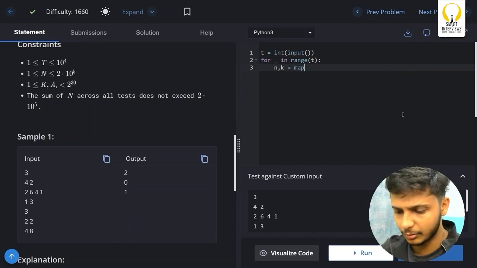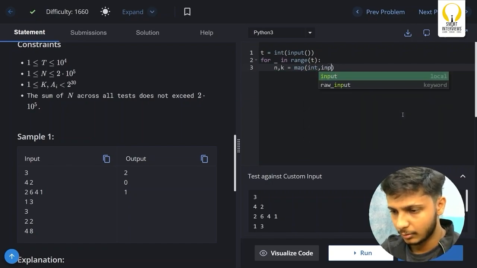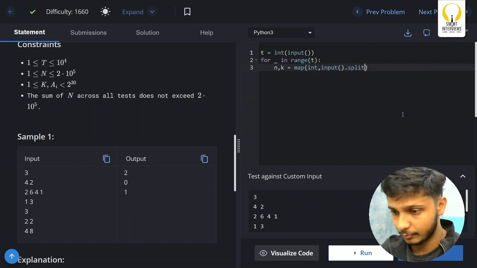N comma k equals to map, and then take the